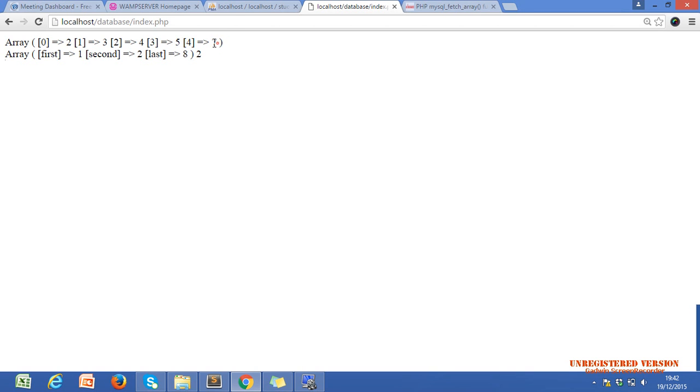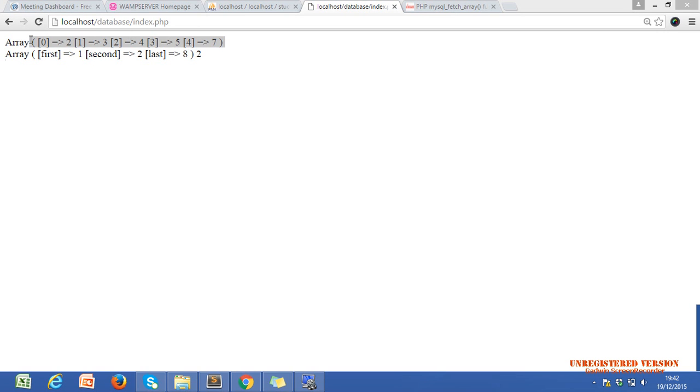Whatever the elements of the array, the last index is the number of elements minus 1. We have 5 elements in this array. Is there 5 elements or not? 2, 3, 4, 5, 6, so 5 values. So the last index will be number of elements minus 1. Yeah, 4. Why? Because index starts from 0. Okay, you got this logic? So this is our simple index array.